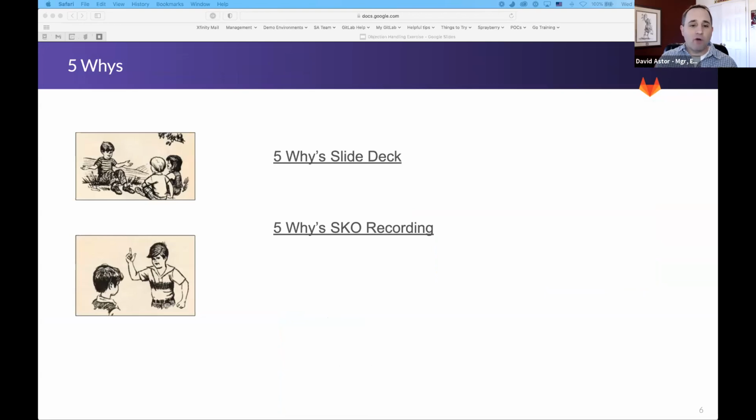So the main point of all of this is to remind you to ask questions. I've said this on every slide so far. And to reiterate, an objection is not a rejection. And we don't want to shy away from someone saying that they're using a competing product, for instance, because that's great. It shows they have interest in DevOps. We can work with that. We can continue to talk to them about something like that. We don't want to walk away just because they say they're using something different.